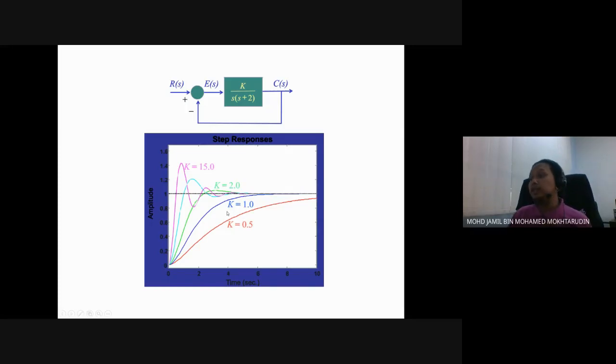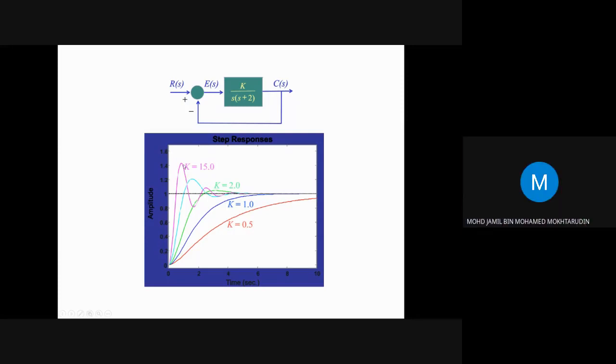So the objective here is that you want to find a suitable value of k so that your system is not too slow, like k equals 0.5 here. It reaches steady state, but it will take a very long time before reaching steady state. And you also don't want to have k equals 15, because when you have k equals 15, then the system will be